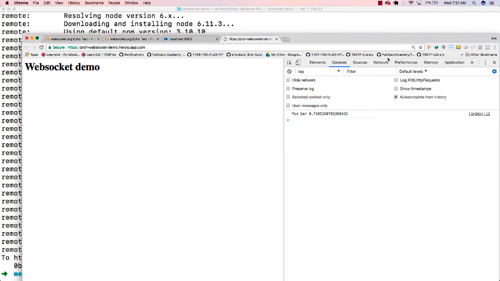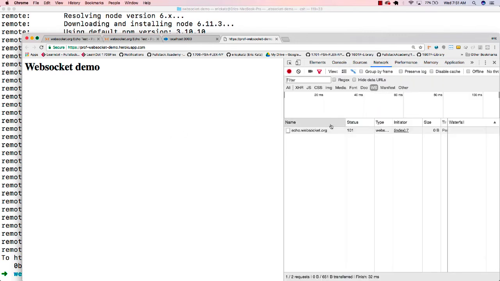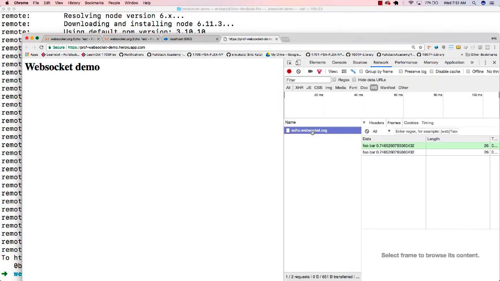Let's just make sure of that. Let's look at our network. I want to make sure this is not caching. And so this WebSocket server is supporting WSS. If it wasn't, it would be a little bit more of a problem. But now actually let's modify things, and we're going to set things up. So we're going to set up within our Express application a WebSocket server,